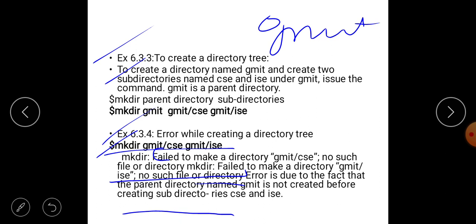It means they are telling that here we should give gmit. First you have to create the parent directory. Next you have to mention the sub directories while creating the hierarchy.